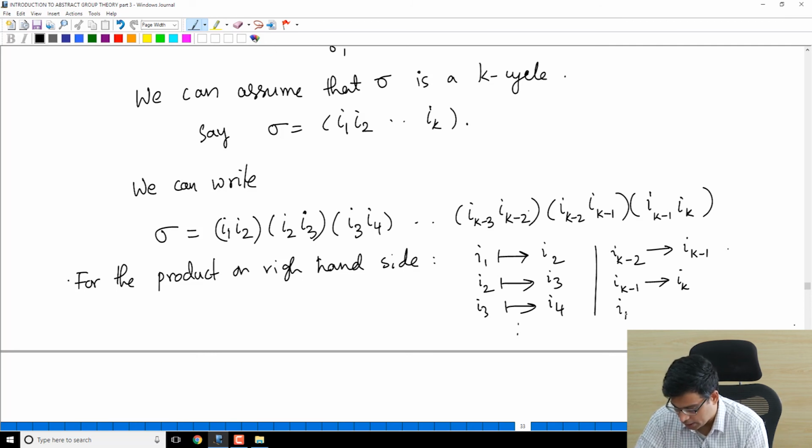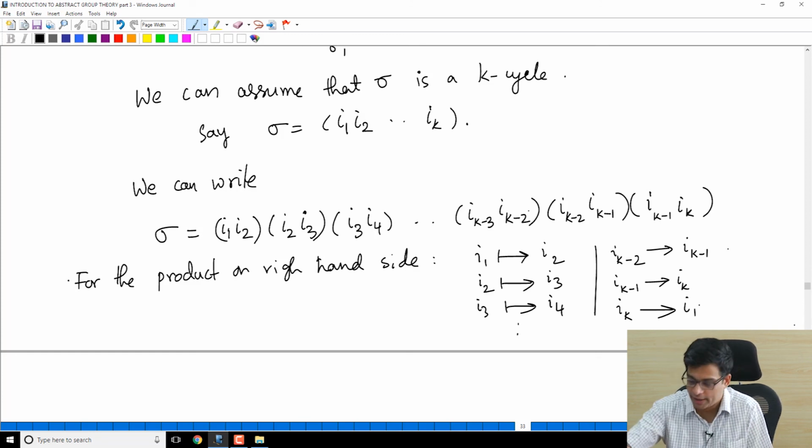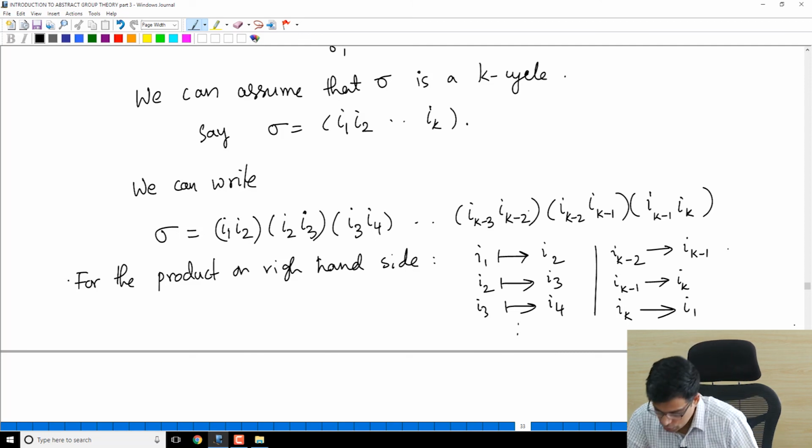So finally check ik. So ik goes to ik minus 1 on the first thing. Now ik minus 1 appears again, and it sends ik minus 1 to ik minus 2. Ik minus 2 goes to ik minus 3 here. And you have to keep tracing back. Ik minus 2 goes to ik minus 3 goes to ik minus 4. I4 goes to I3, I3 goes to I2, I2 goes to I1. So in order to determine the image of ik, we start with the right hand side rightmost permutation and keep tracing it back all the way to I1. So ik goes to I1.